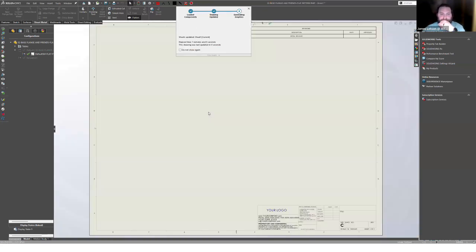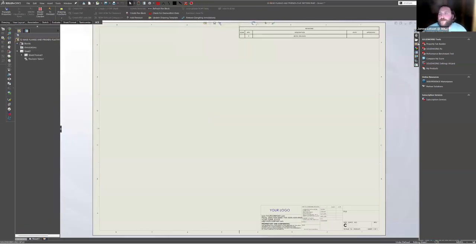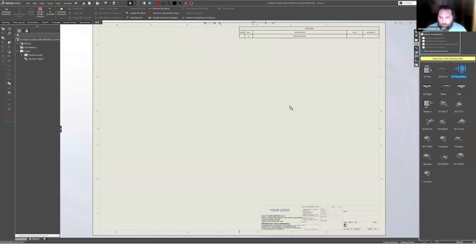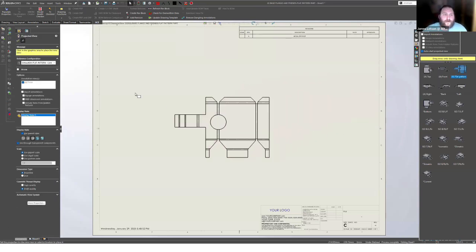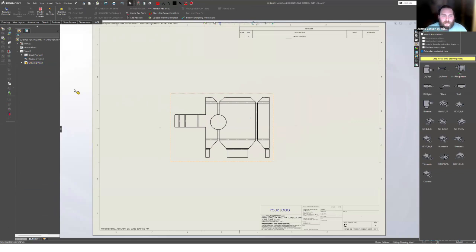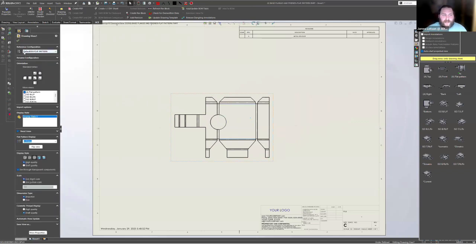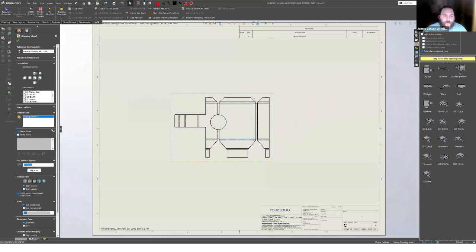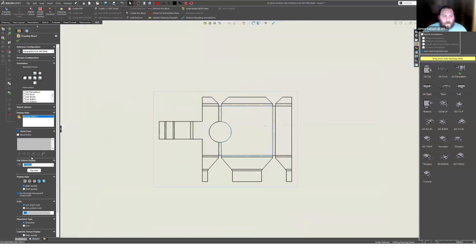So now coming back over here to the drawing, I drag a flat pattern over here. And you can see that when I click this, the configuration that I am using is the one that I let SOLIDWORKS create for me, default SM flat pattern. And what it gives me is my bend line and bend note functionality. So you can see that all of my bend lines are on here. And you can also see that if I click bend notes, I toggle it on, it also puts bend notes